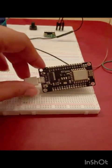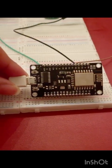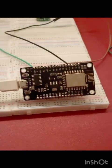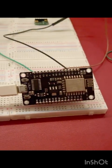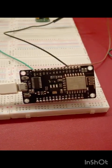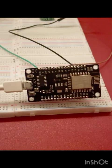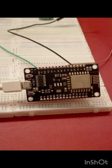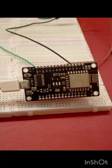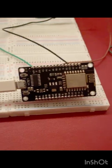So this is a microcontroller that is NodeMCU. NodeMCU is a very powerful and versatile development board based on the ESP8266 Wi-Fi module, and it's a microcontroller that also has built-in Wi-Fi capabilities. So it's a very good choice for IoT projects. And the NodeMCU is programmable using the Arduino IDE, which allows you to write code easily in C or